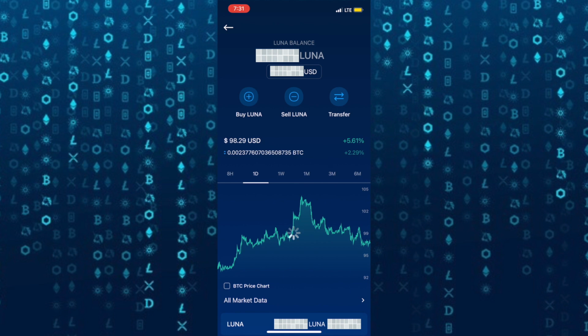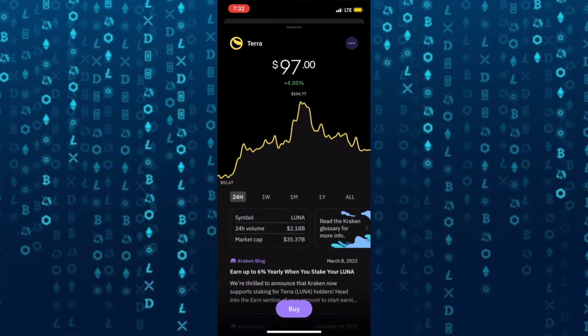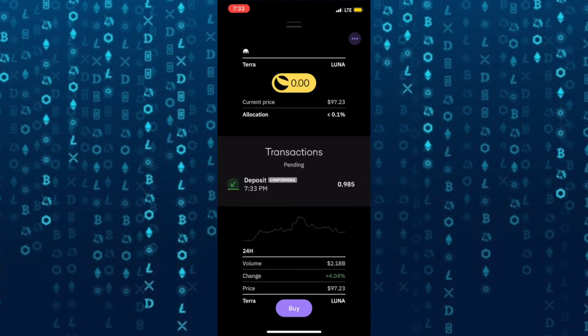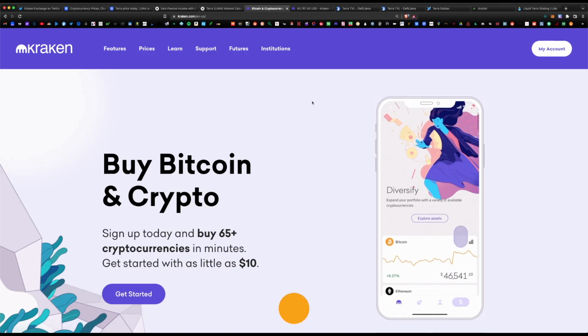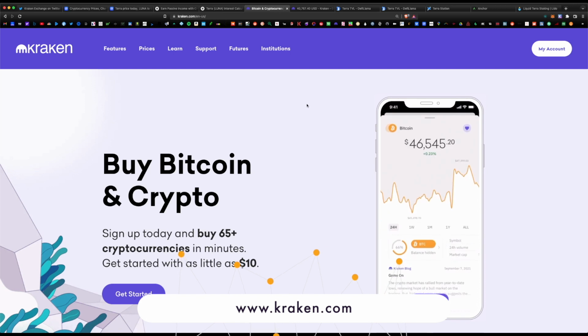Cool, so this should only take a couple of seconds. Sometimes it could take a couple of minutes because we are sending from one exchange to another, but the Luna blockchain itself is pretty fast. So we can verify the transaction now over on Kraken and select Terra Luna and select the ellipsis again on the top right and select transaction history. Great, as you can see, we do have the deposit that has been confirmed. So now we have a grand total of 0.98 Terra Luna in our Kraken wallet. Awesome. Great, now that your Luna is inside the Kraken platform, the last step is to enable staking on the